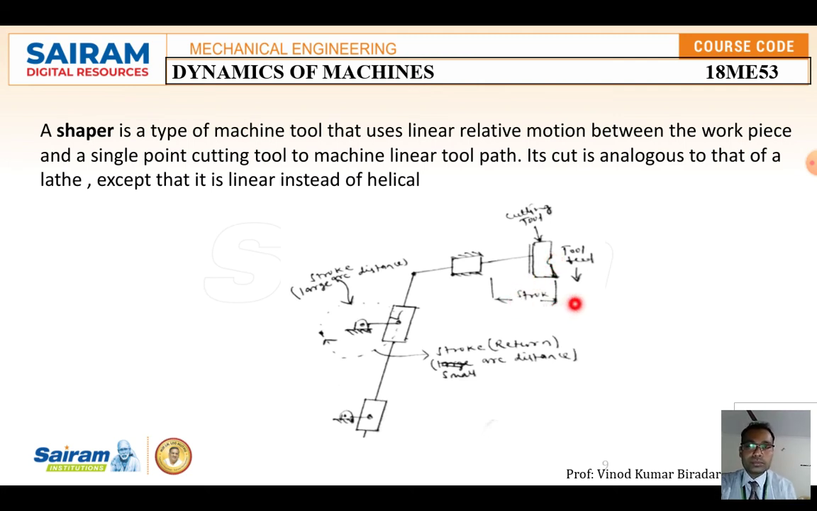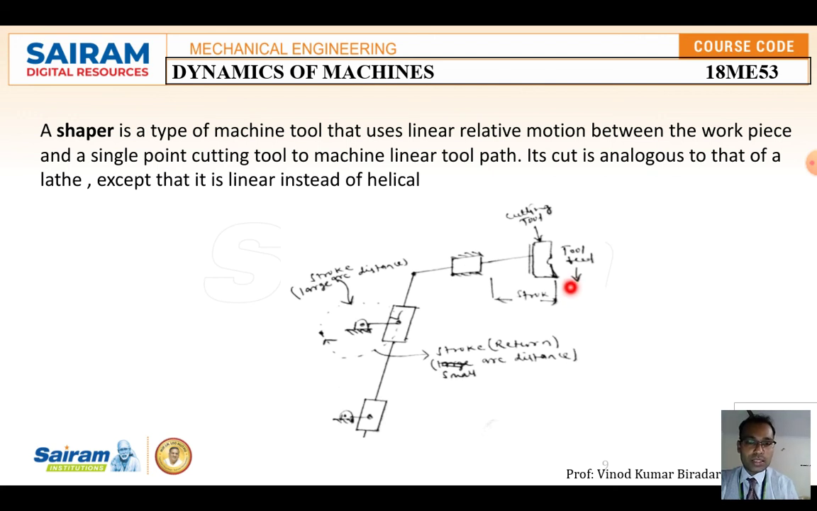Okay, so next, the table may be supported externally. Okay, when the ram reciprocates, the cutting tool movement takes place. This is called the ram, and when the ram reciprocates, the tool moves and inserts into the workpiece present on this table. Okay, it will remove the material. Normally in the standard shaper machine, the cutting takes place during the forward stroke only,